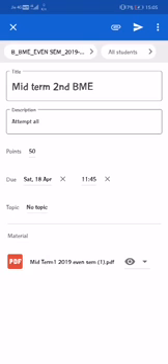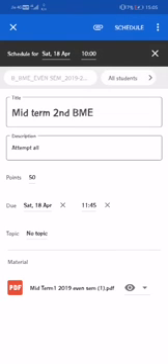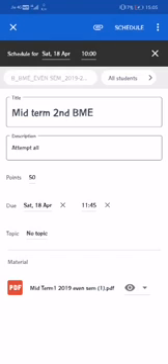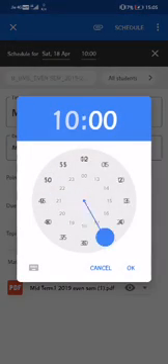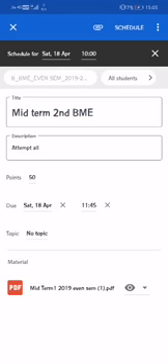You just go to the three dots and click on schedule. It will ask the scheduled time and date. So we are going to conduct this exam on 18 April and the time is 10 a.m. Okay, 10 a.m. So just check whether the time and date are okay or not. Here the time is okay and here the date is also okay. You just schedule it.